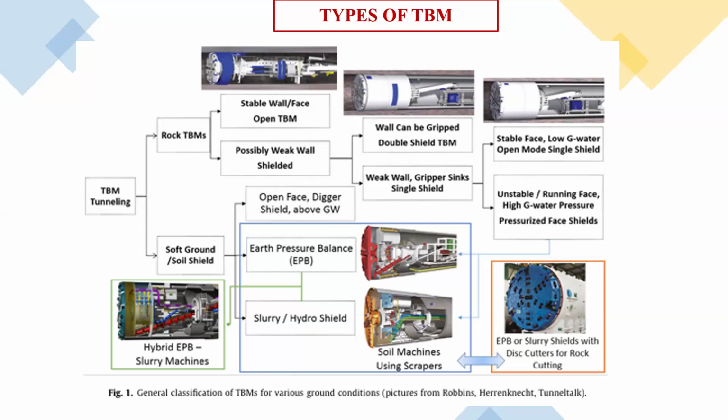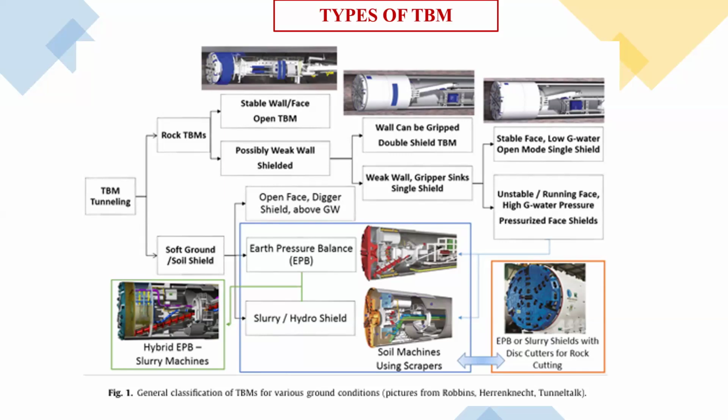But hybrid EPB machines are very costly, so sometimes the client or the contractor does not prefer them. But in certain regions, suppose in Chennai or in Bangalore, currently in Bangalore there is a big road tunnel coming up that is being built by Adani. So there people are thinking of going with a slurry machine, but with EPB mode or a rock mode also,